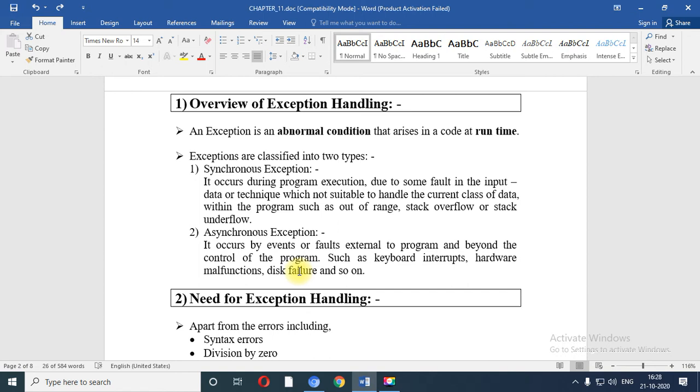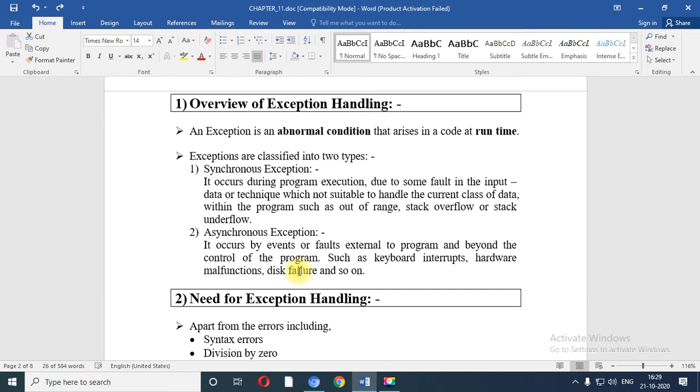When a synchronous exception occurs, there is a fault from the data, or you are trying to input some invalid data into the program, such as array index out of bound, or stack overflow, or stack underflow. Such kind of exception is known as synchronous exception.